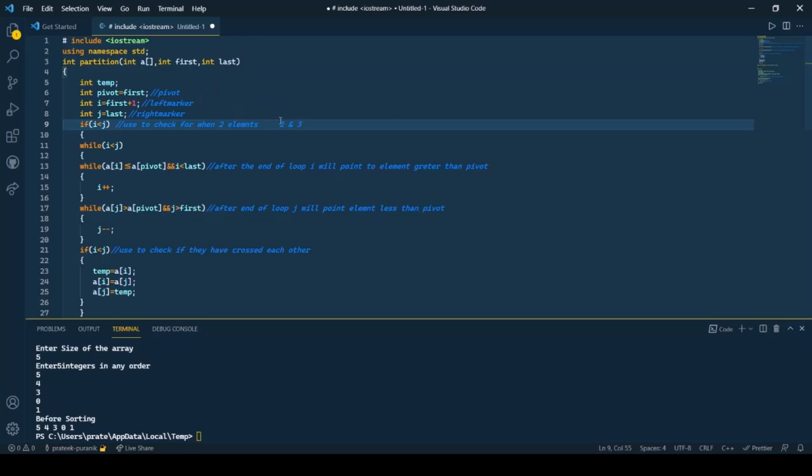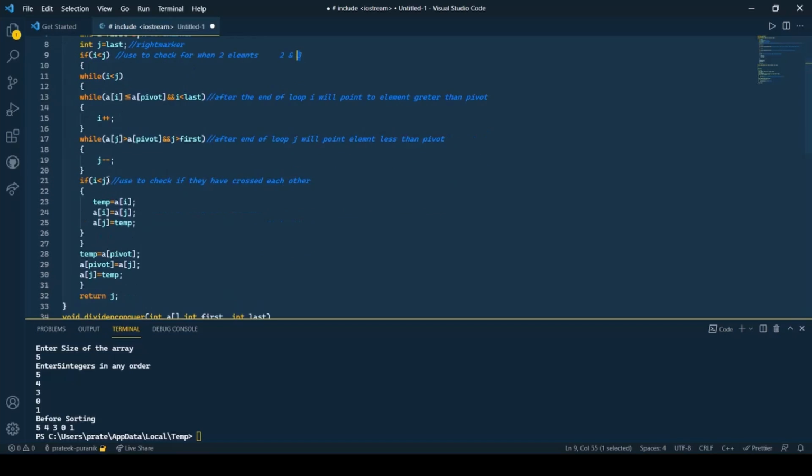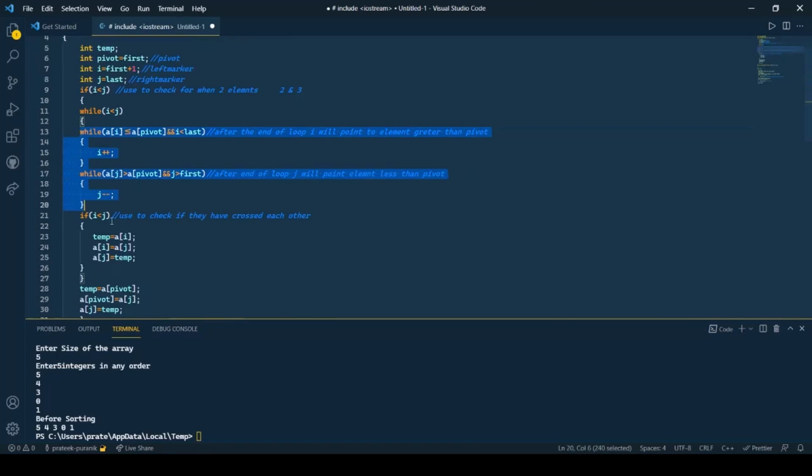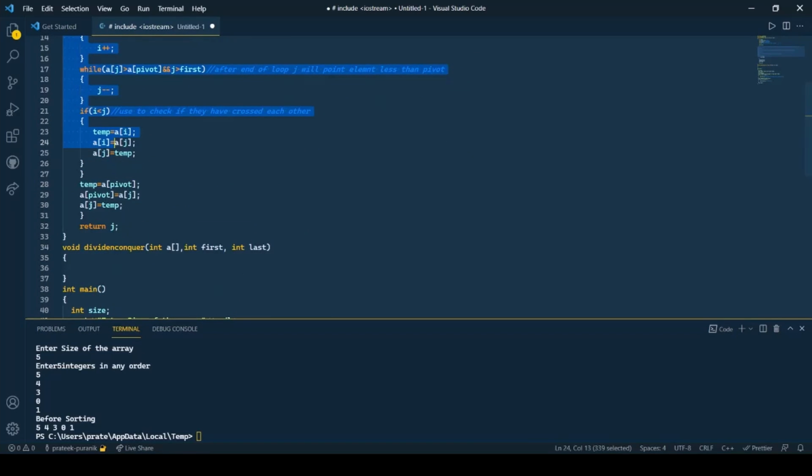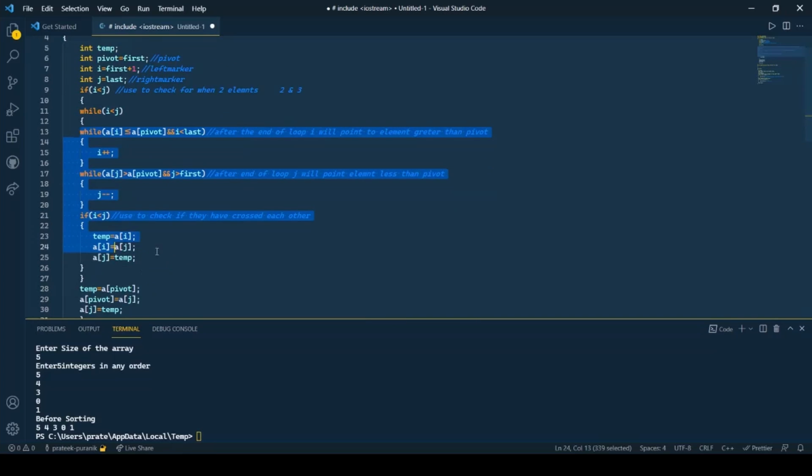So we need to basically sort these using the partition algorithm. So over here the pivot would be 2, and both our left marker as well as the right marker would point to 3. So in this scenario, we would basically not run the while loop, but interchange the values of 2 and 3. That means j is pointed by 3 and pivot is 2. So after this process, 3 would come before 2, and this would result in an error, right? Since 2 and 3 are already in sorted position, we do not need to sort them.